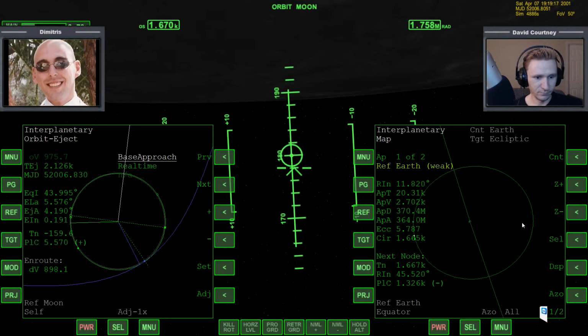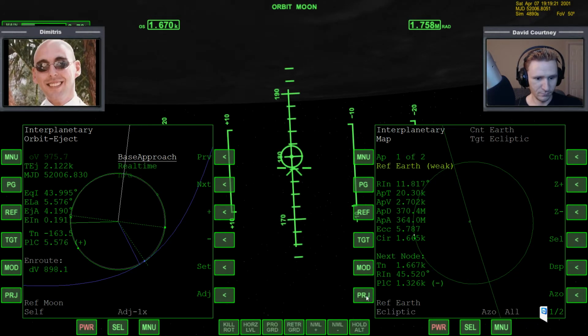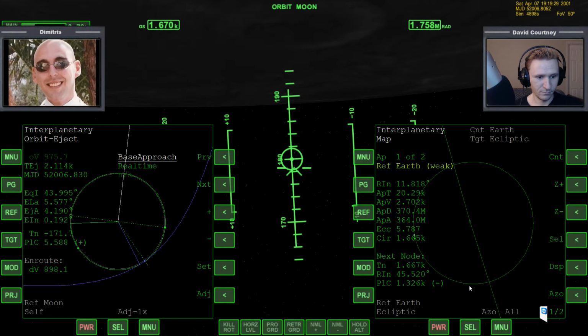So this is the orbit of the Moon. You can change the projection from the equator to ecliptic to get a better bird's eye view from above. Remove the auto zoom, the ISO button, and now press